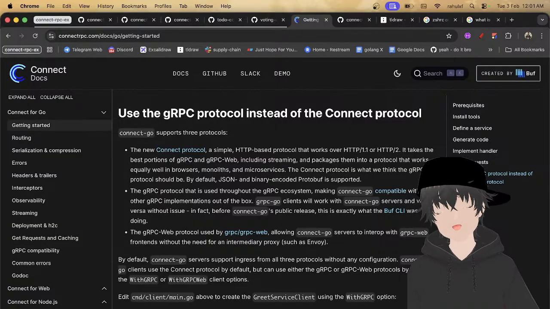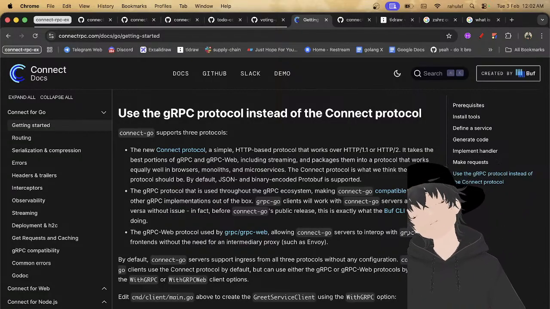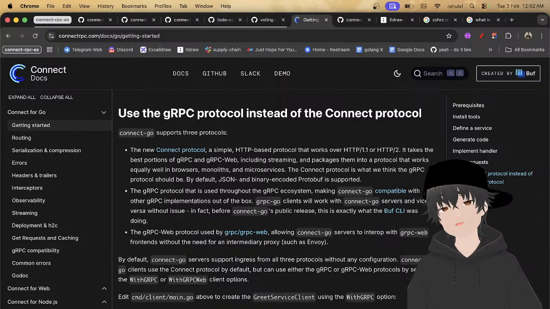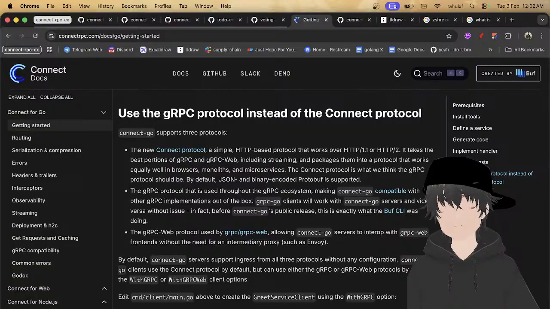The Connect protocol is what we think the gRPC protocol should be. By default, JSON and binary-encoded protobuf are supported.